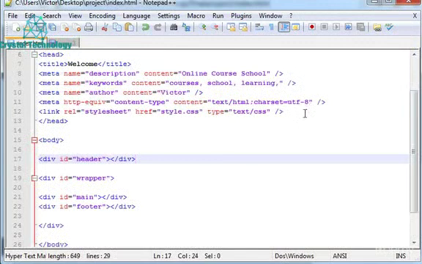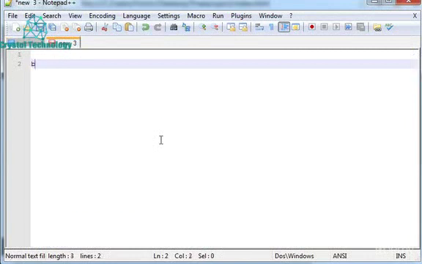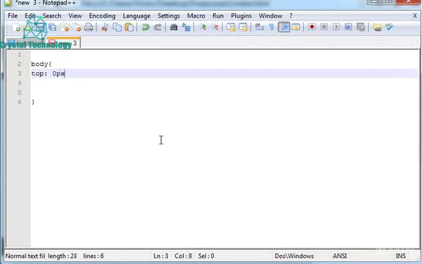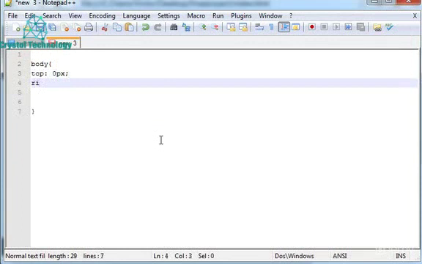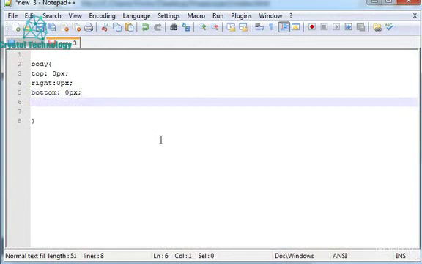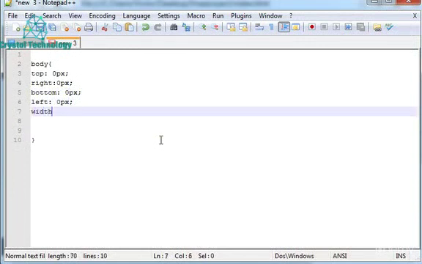As you saw in the first video, we made a link to the style.css, and here you can type firstly body, and here you can type top 0 pixels, and let's type here right 0 pixels, and bottom 0 pixels, left 0 pixels, and here you can type width, we type 100%,